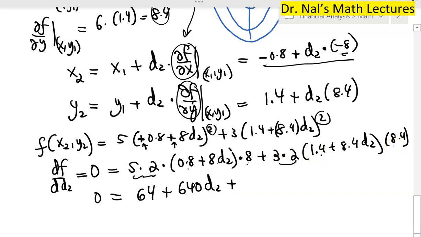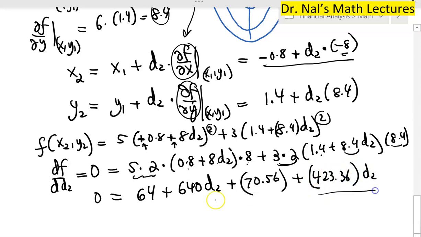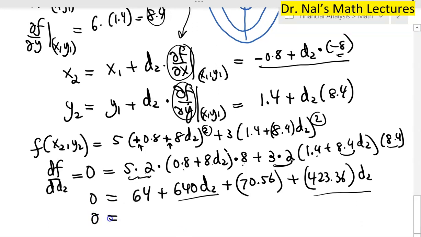Let me use a calculator actually. 6 times 1.4 times 8.4 will give me 70.56. Plus, okay, 6 times 8.4 times 8.4 equals 423.36 d2. There you go. Now we can go ahead and add these two parts. Plus 640 gives 1063.36. So 0 is equal to 1063.36